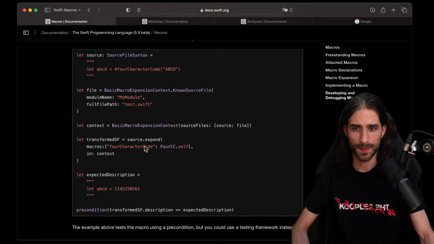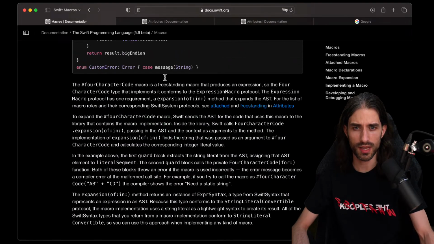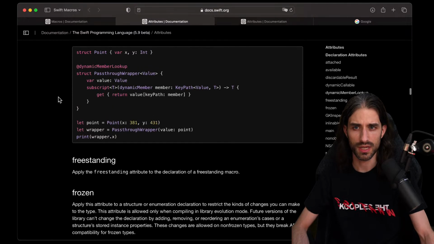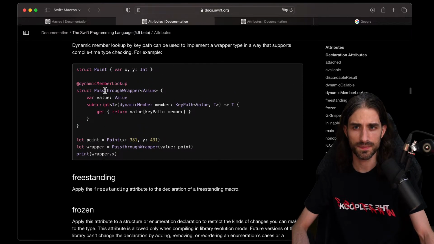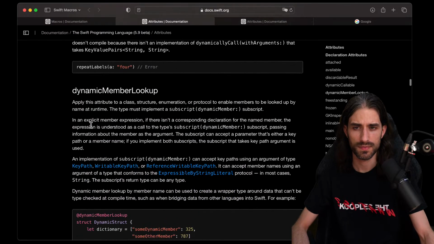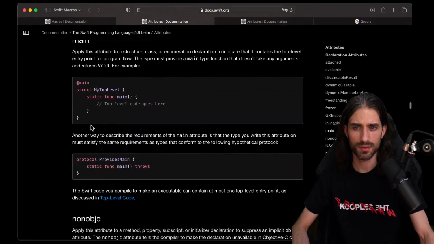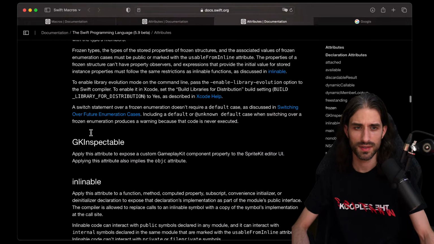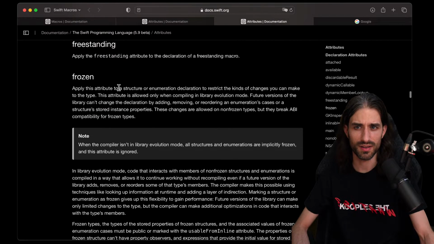Okay, before we move on, I wanted to see these two links. So, okay, so here it's dynamic member, wait. I'm not sure if the links are correct.